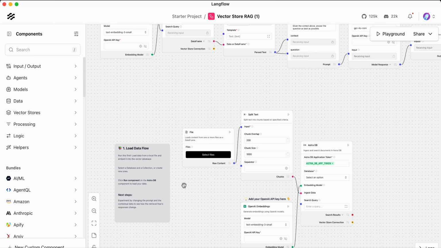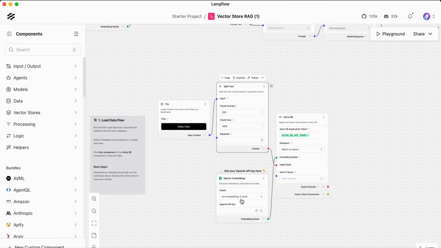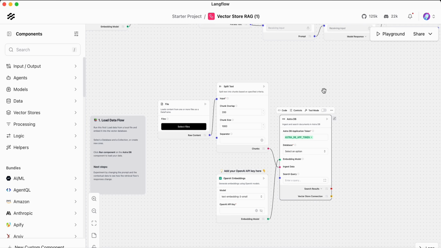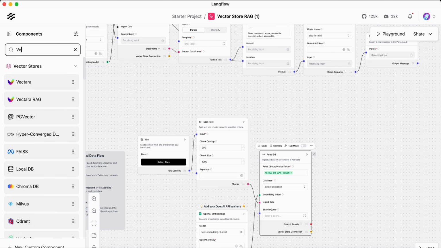So to illustrate what I mentioned, the ingestion is the document chunk split. In this case, the chunk size is 1,000 tokens with an overlap of 200. And then you can use OpenAI embedding or some other embedding, which I will show you because I have already made an example. But if you already have an OpenAI key and you would love to use OpenAI, you can just put it here. And then for the vector store, you can use AstraDB, which I will show for convenience. But you can also use other vector stores, right?